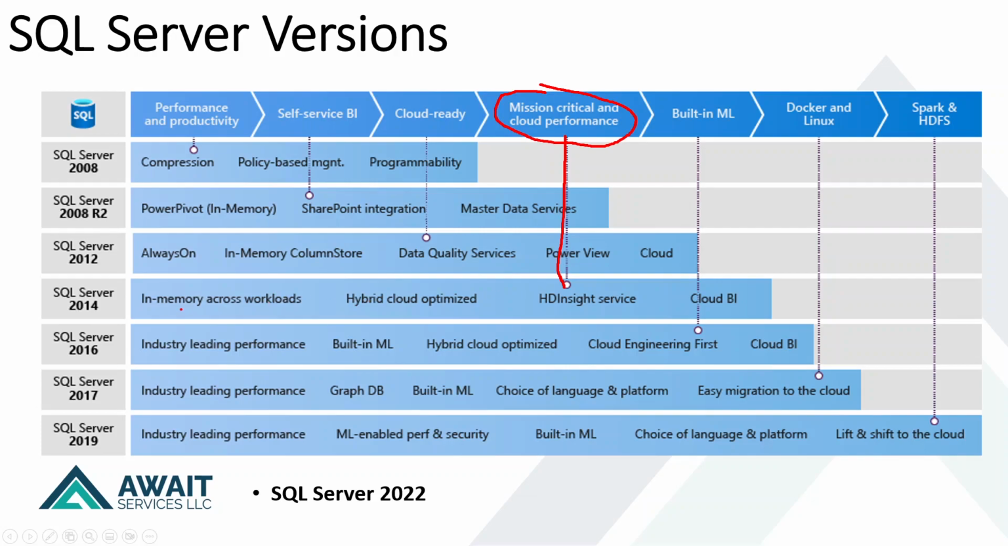So then they brought this in-memory across workloads. There's hybrid cloud optimized. Now you remember that in 2012 we had the cloud services, but here they improve it, the feature for optimization. And then we have the HD Insight service. So HD Insight service is a feature on Azure. There's Azure HD Insight that is used to